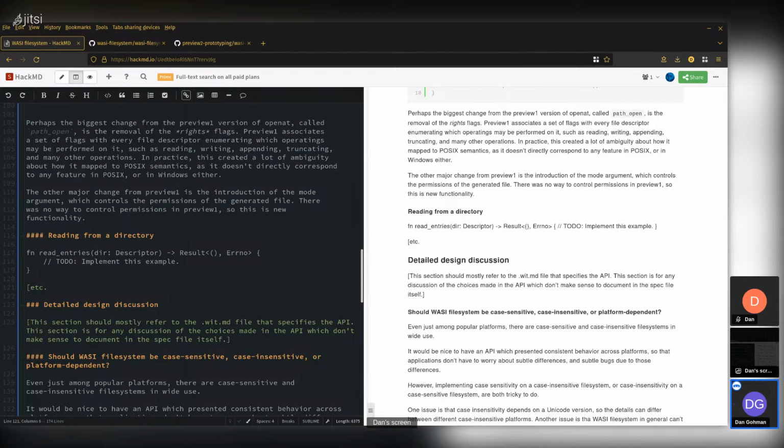We also have the host implementation of the Preview2 APIs. Eventually it'll form the basis for our Wasmtime implementation, so we're working on that. All right, with that, I think we're through the questions that are queued up for now. And let's dive into